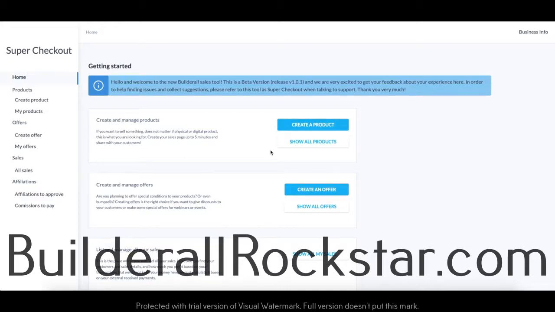Well, welcome back to our super checkout tutorial, and this time I'm going to show you guys how to set up affiliations for your checkout. This is perhaps the most important and exciting feature of our new checkout, where you will be able to have affiliates for your products and people can sell your products for you and you can give them commissions at different